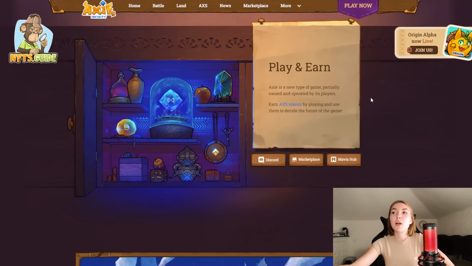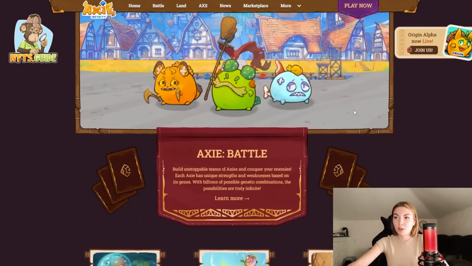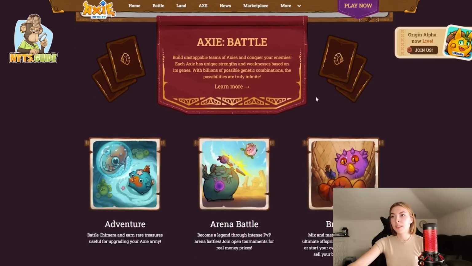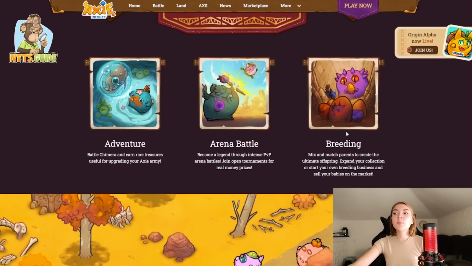It's a new type of game partially owned and operated by its players, and you can earn AXS tokens by playing and use them to decide the future of the game. Essentially, you're in complete control. You've got the Axie battle over here, and look at these Axies. They are absolutely adorable. Now, you have the adventure side, the arena battle, and the breeding part, where you can